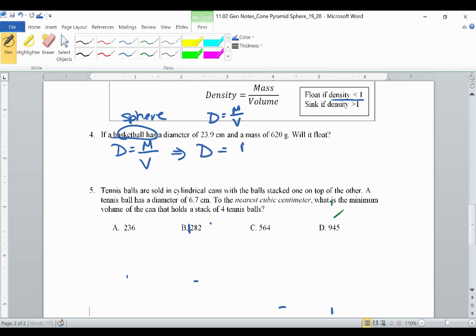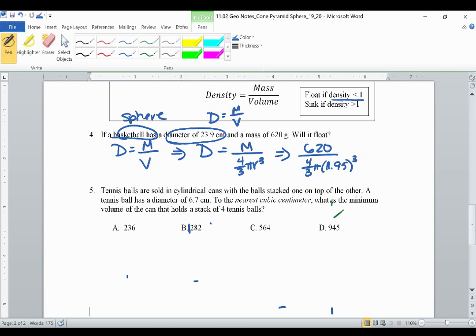So our mass over the formula for our sphere is 4/3 pi r cubed. So we want to find 620 grams over 4/3 pi. Our diameter is 23.9. So our radius, we're going to divide that by 2, will give us 11.95